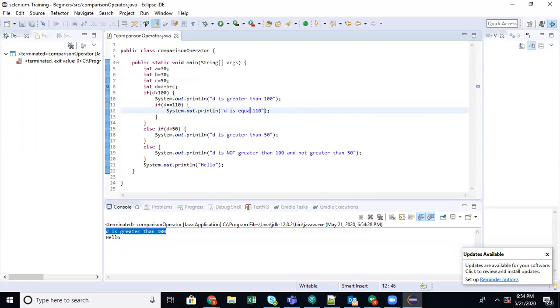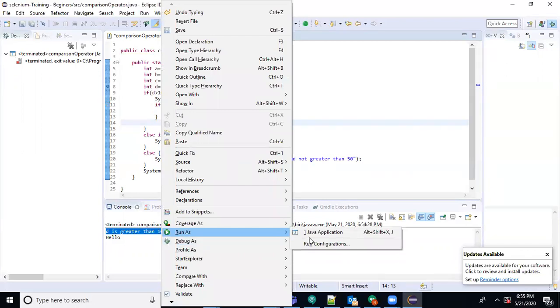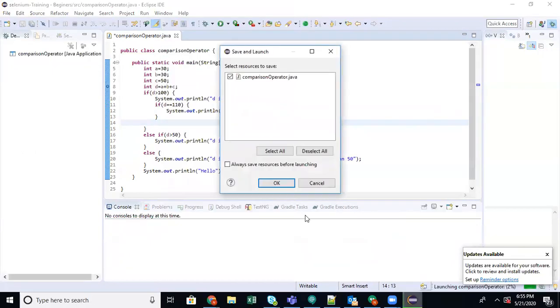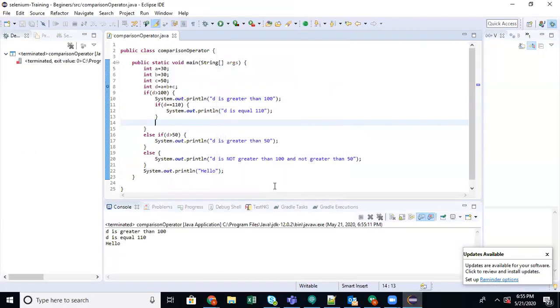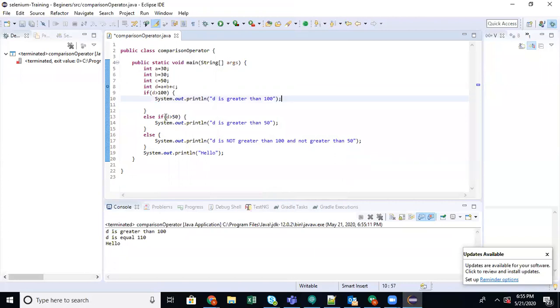Nested if means you are having an if inside an if. Here also you can have else if, else, anything. So this is called nested. Nested means you are having one statement, and inside that you are having another statement. If this is confusing, let me write one more example for this.